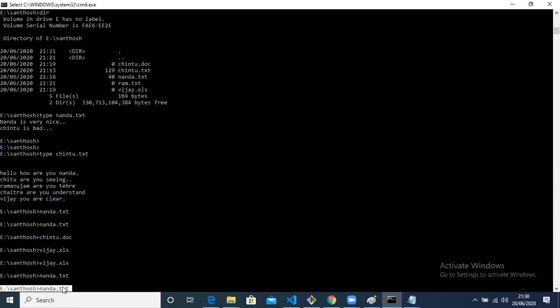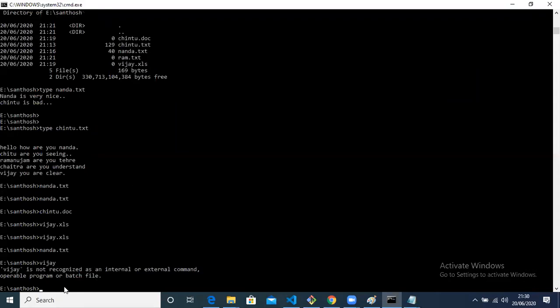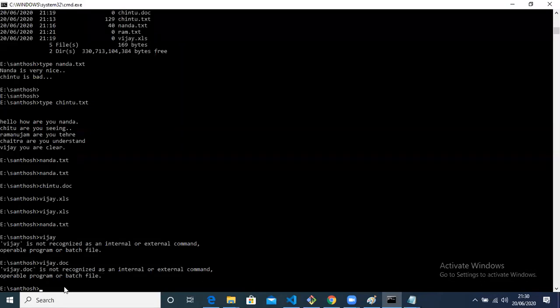File name, extension file name. DOC is the extension file name. You have to give along with the extension. While you are typing here the file name, you always give it along with the extension. Vijay, and go to enter, if you press enter, what happens? Enter, type it. You always give vijay dot xls or DOC. What happened when you typed just DOC? It doesn't exist, so it won't come. Are you getting it? So vijay dot xls, because you always give the file name with the extension name. It's not a command, man.